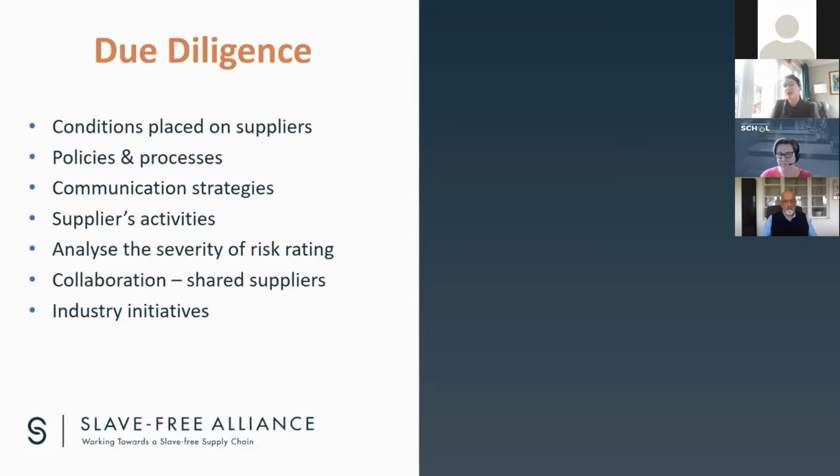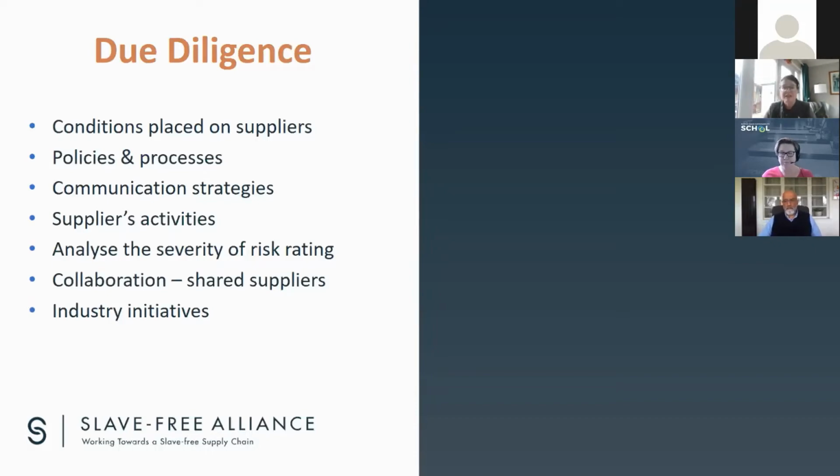Do your requirements actually demonstrate your strategy and your commitment? And what policies and processes do you have in place to hold your suppliers to account to meet those requirements? How does that translate down their supply chain? What are they asking of their suppliers? How are they communicating this information? And how is it embedded and understood where it's fully intended to reach? So where is it meant to reach, and does it do what it's meant to do? In addition to your requirements, what activities do your suppliers undertake in response to human rights violations and modern slavery?